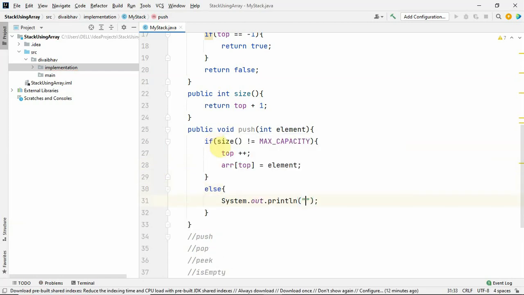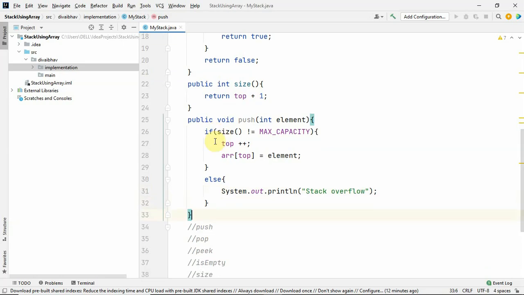So we will put an output statement, that is stack overflow. When the stack is full and you try to put more elements in the stack, then the stack will overflow. So now our push method is completed.